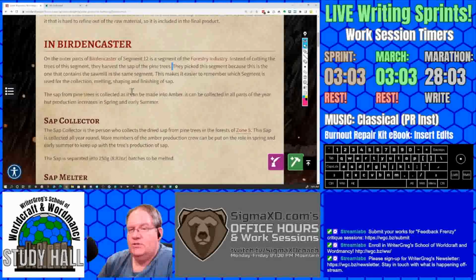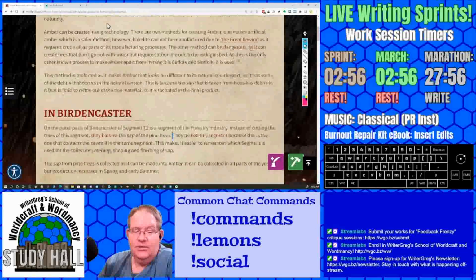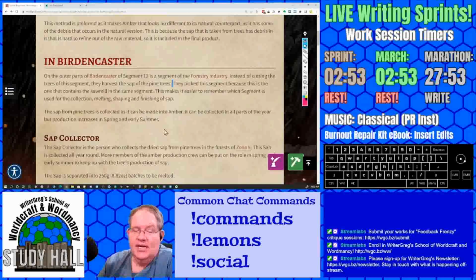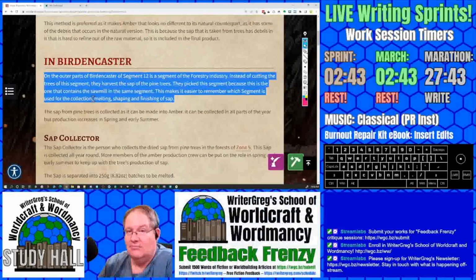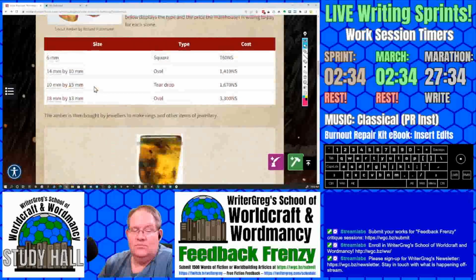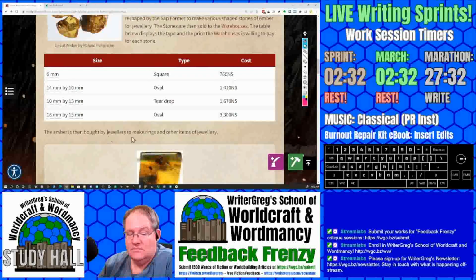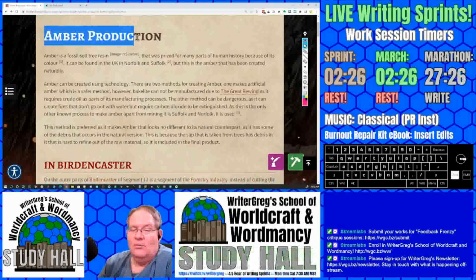Okay, so which is a more important thing in this article? How it's done or where it's done? Because here in Burdencaster, you talk about the technology that's being used, and then you jump straight into where the factory is. Is that the most important thing to talk about at the beginning of the article? I would suggest maybe you could move the description of the factory lower down in the article, because this is more about the production.